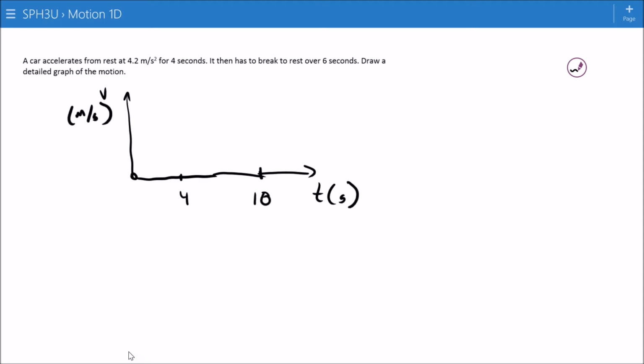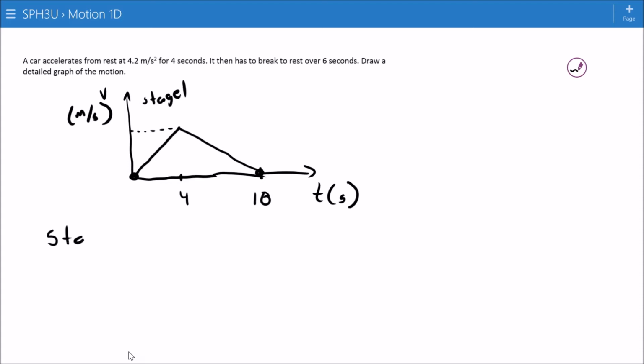It says it starts from rest, and it says it ends at rest. And we know that it has a uniform acceleration in the first part, so it's going up. And in the second section, it has a uniform acceleration coming back down, so it goes something like that. But before we can do much more with this graph, we really need this value right here. If I just look at this stage 1 problem,